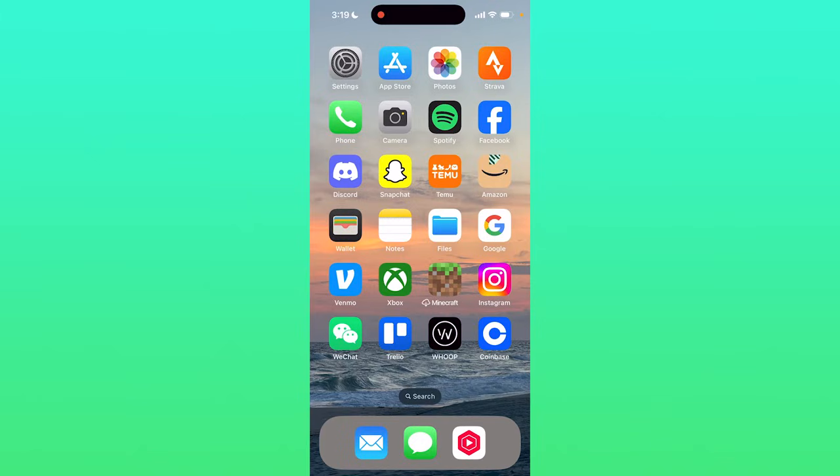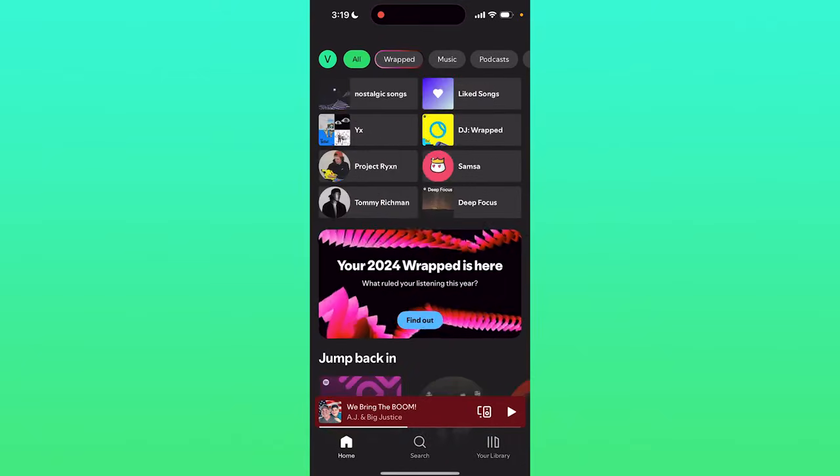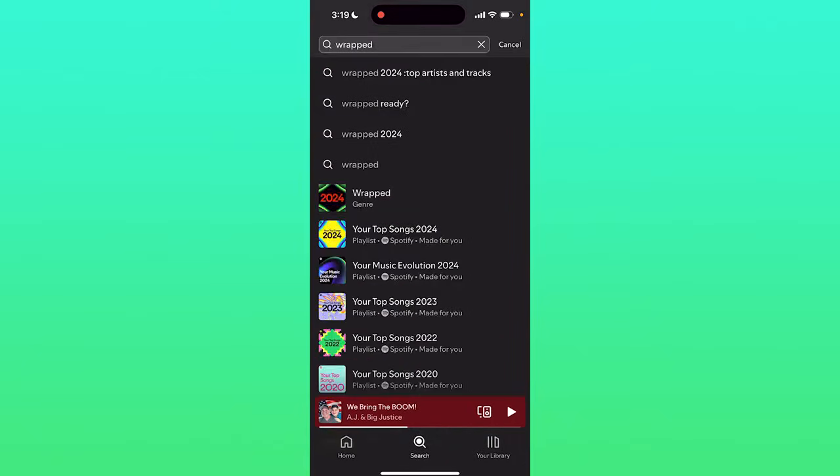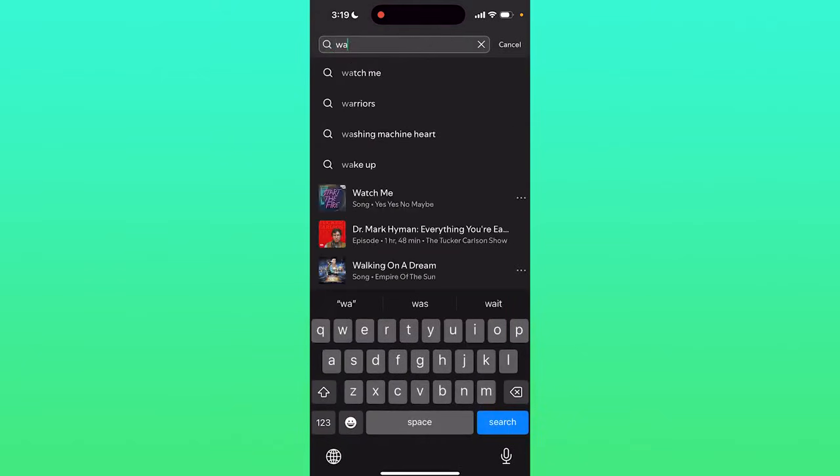I'm going to show you how to view your Spotify Wrapped monthly. It's really easy to do. So the first thing we do is go to the Spotify app like I've done. Here, if we go to the search bar and type in the word Wrapped, like so,